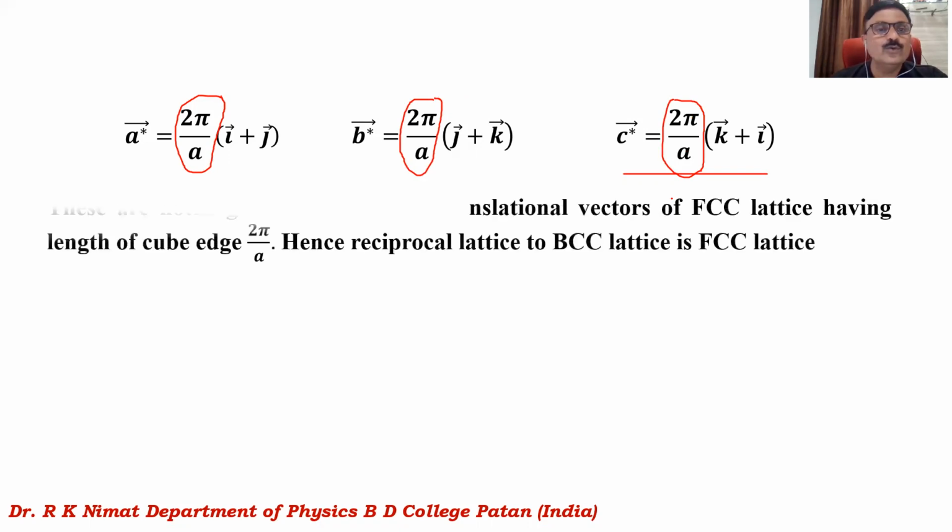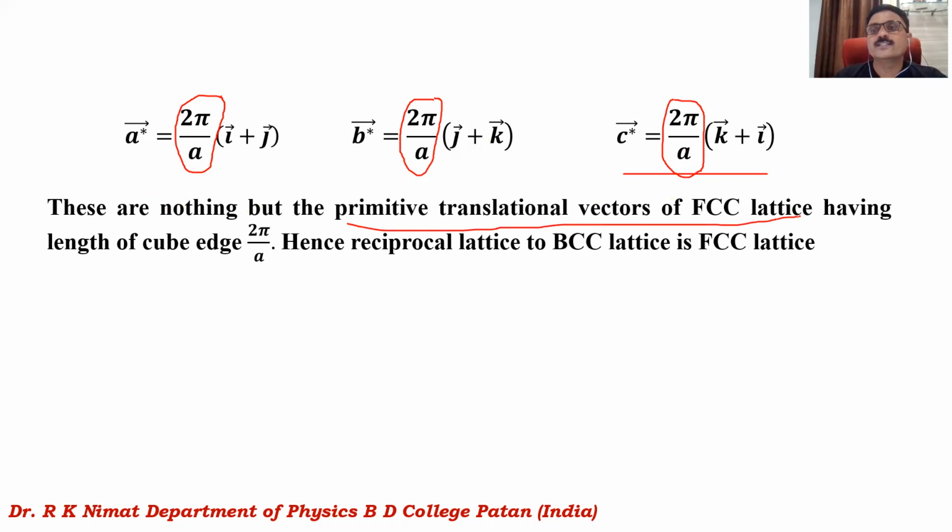And if you observe these reciprocal lattice vectors, you will see that these are nothing but primitive translational vectors of the FCC lattice. In the next article we are going to see how to calculate the primitive translational vectors of the FCC lattice. But you will observe that these reciprocal lattice vectors A star, B star, C star have the same lattice constant, 2 pi by a, 2 pi by a, 2 pi by a, and these are nothing but the primitive translational vectors of a face-centered cubic lattice